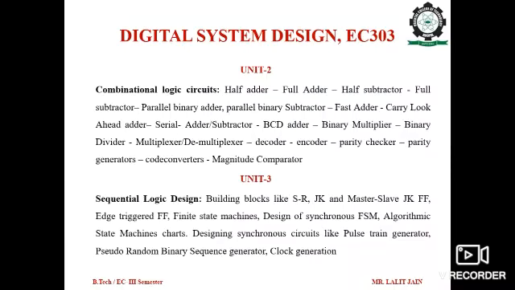The logic circuits are basically divided in 2 categories. The first is combinational logic circuit, which will be studied in unit number 2. And the second is sequential logic circuit, which will be studied in unit number 3. The basic difference between combinational and sequential logic circuit is that there is no memory element required in combinational circuit. Adders, subtractors, multiplexers, encoders, etc. are the few examples of combinational circuits. These all will be studied in unit number 2.